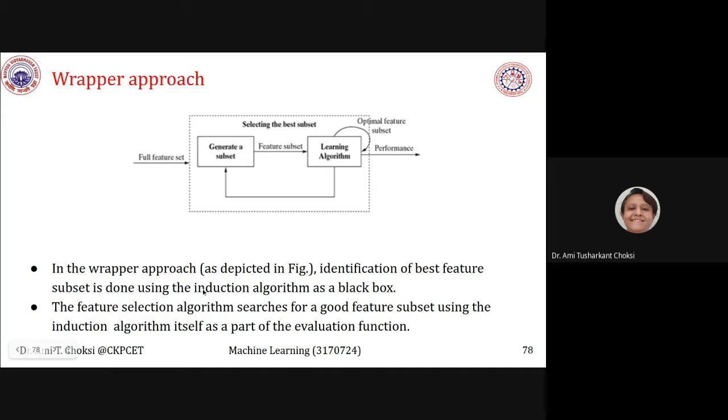In the wrapper approach, identification of the best feature subset is done using the induction algorithm as a black box. You do not know what is there inside it, isn't it? The feature selection algorithm searches for a good feature subset using the induction algorithm itself as part of the evaluation function.